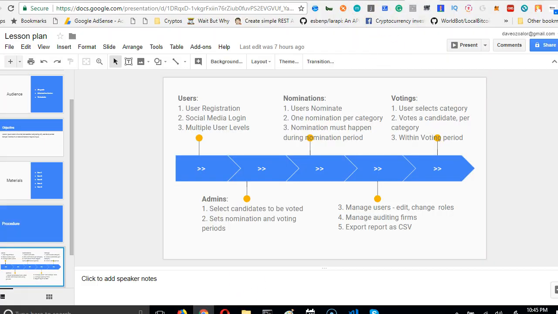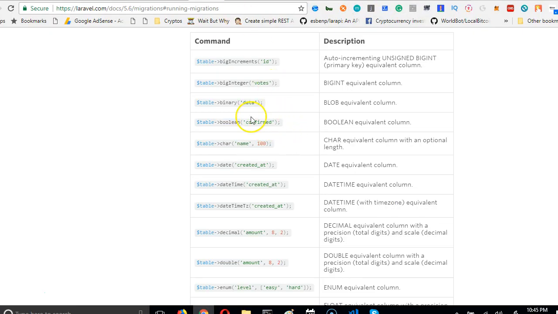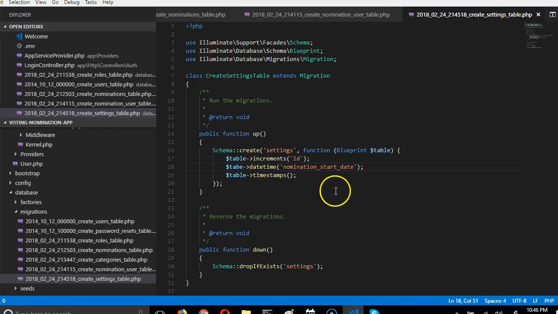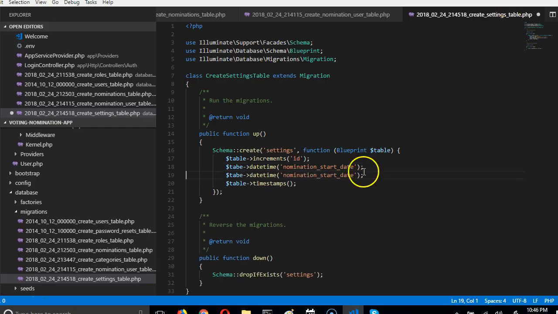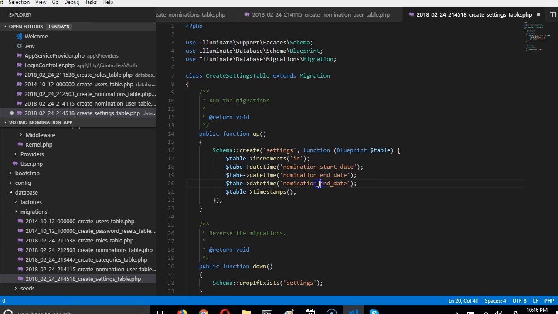Let's go to Laravel on table and look for date time. So date time works well. It contains date and time, so nomination start date, nomination end date. Alright, so we're gonna do voting start date,